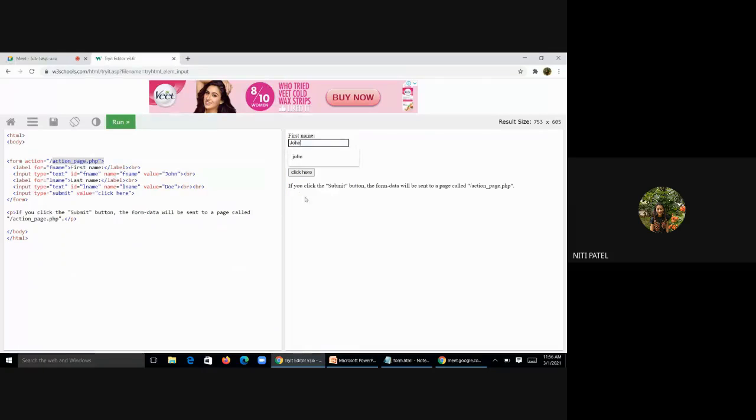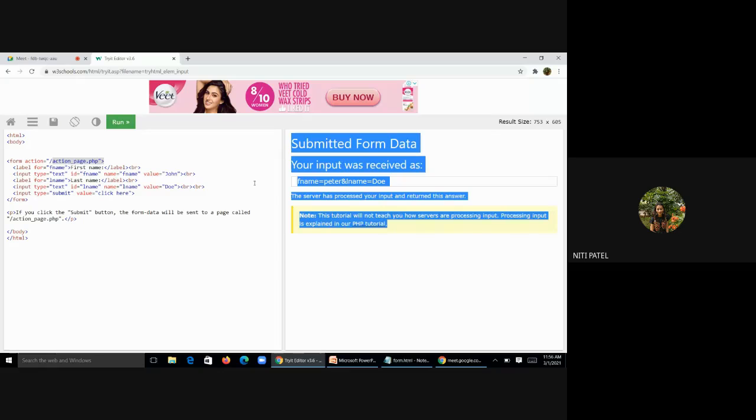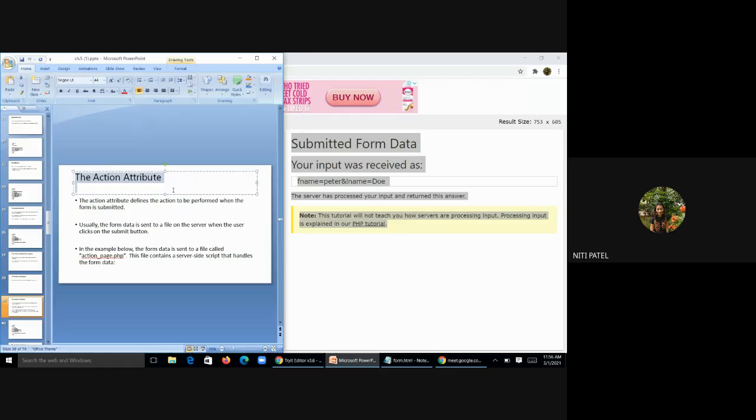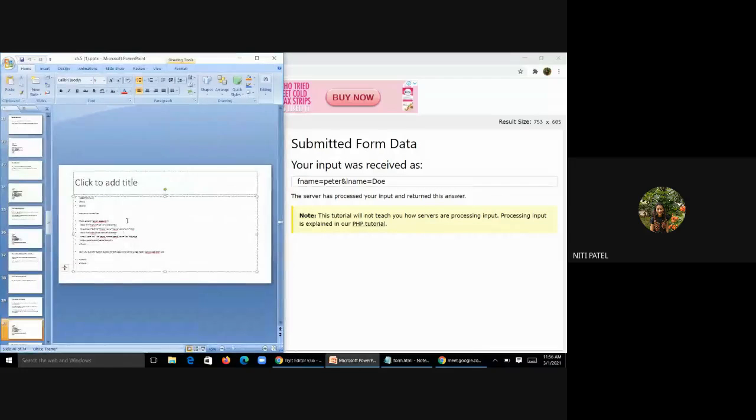So when I fill in these details and click submit, those details are sent to this file, actionpage.php. Is this understood, the action attribute? Yes, ma'am. The example is the same which I have taken here, the same example as in the PPT.